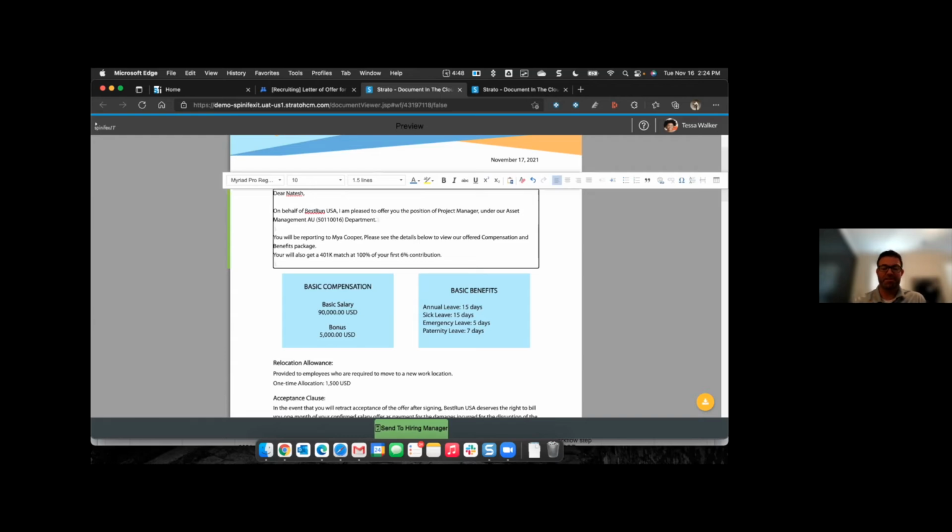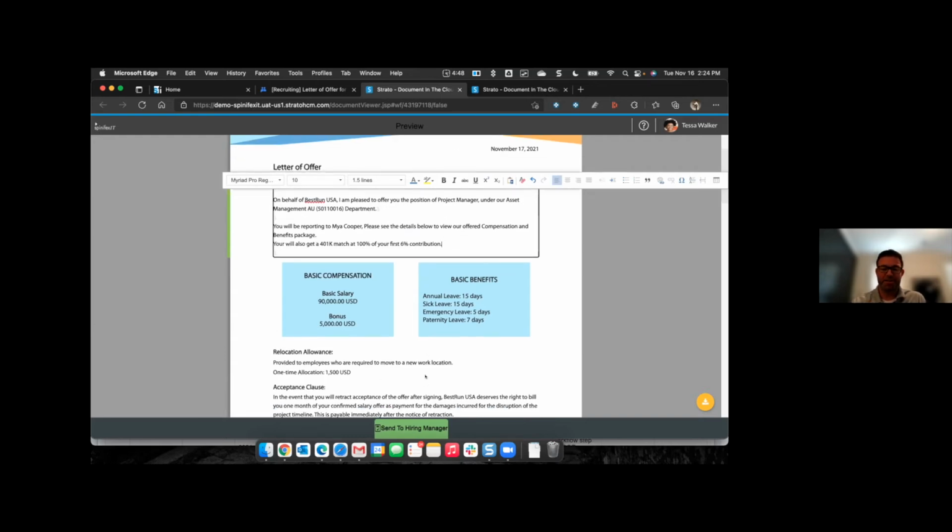So what this allows the manager, the recruiter, to do is, once they've made their updates, they can then send it to the hiring manager, right? The system is smart enough to say, what's the next step? So we're telling the recruiter, in this case, what's the next step? And they would press the send button and it would go to the hiring manager. And the hiring manager also, as you can imagine, would get an email,